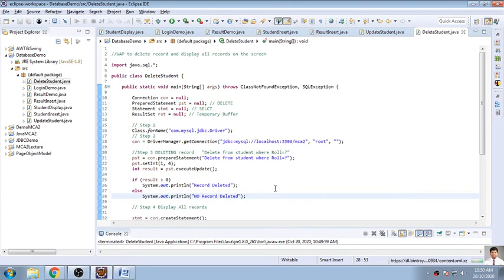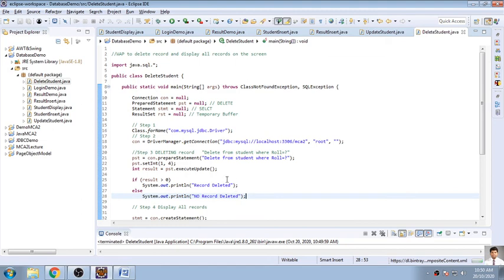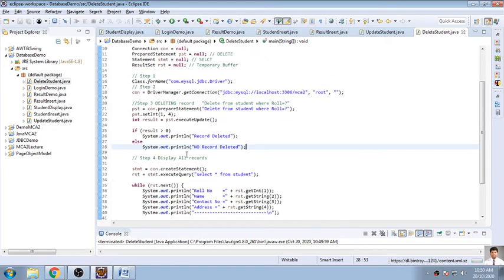I will check what has happened with that update query, and we will catch up tomorrow for the update query. Now here what I have done is passed this parameter directly, the roll number I have given directly. So I will change this program to get the roll number from the user at runtime through the console.